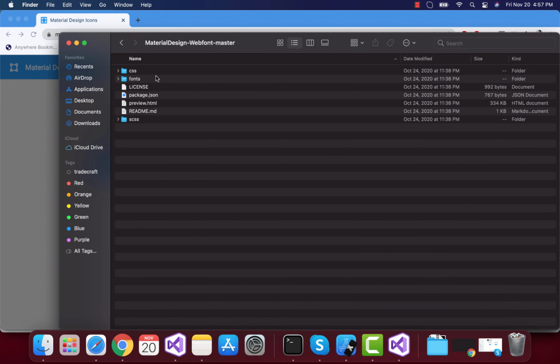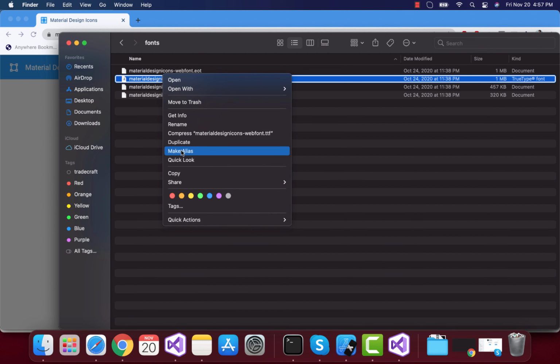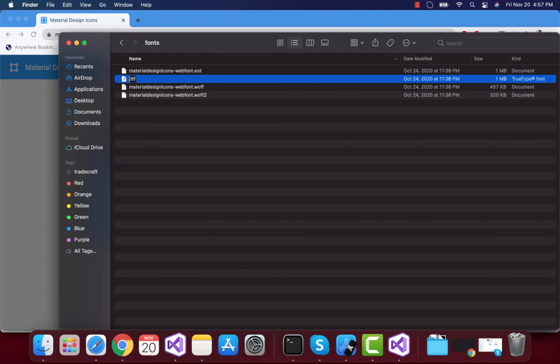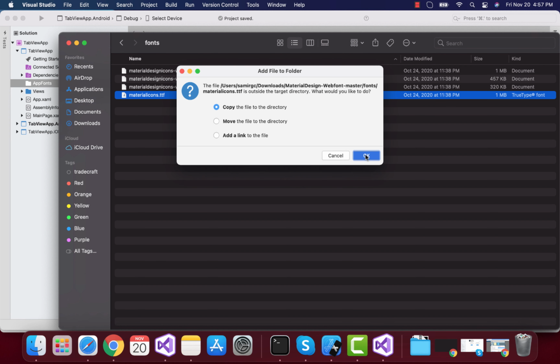So extract that file, and then inside your fonts folder we'll get our .ttf file. I'm going to rename it to materialdesignicons.ttf. That's all. I just pressed enter, and then let's drag and drop that file inside this AppFonts folder.